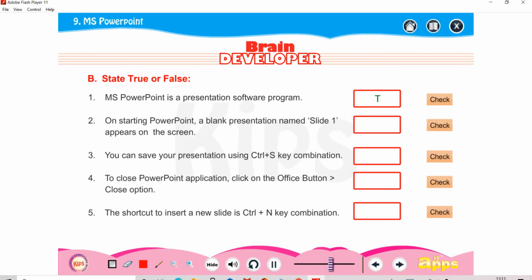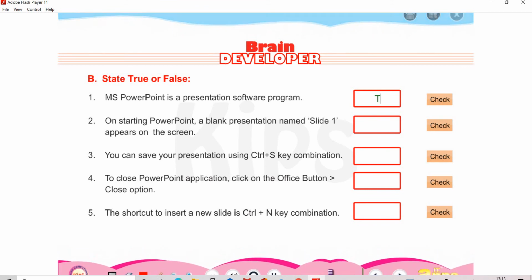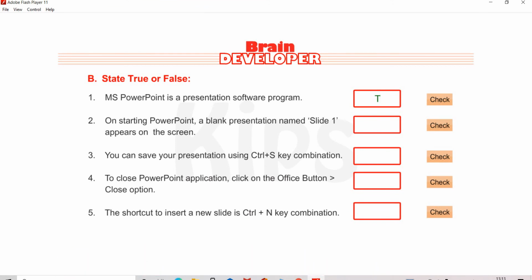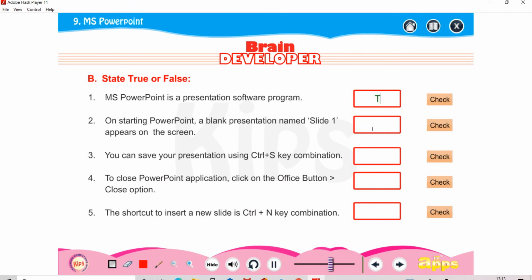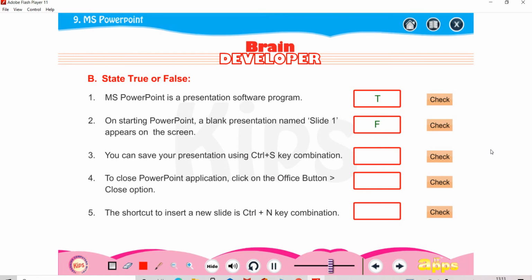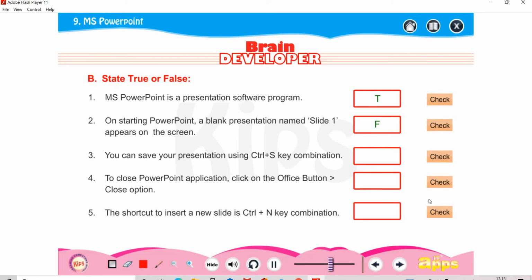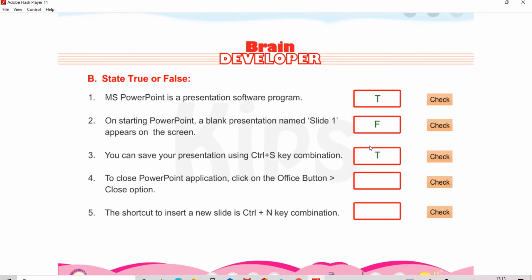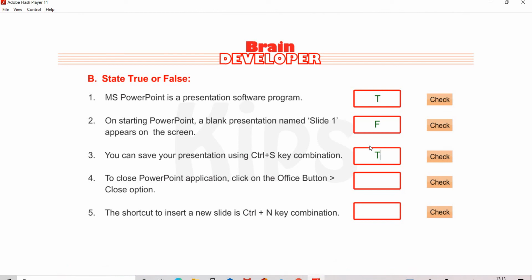Next question, on starting PowerPoint, a blank presentation named Slide 1 appears on the screen. So when you start PowerPoint, this name does not appear, so it is false. You can save a presentation using the Ctrl plus S key combination. So it is true, just now we learned that with the help of the Ctrl plus S combination we can save